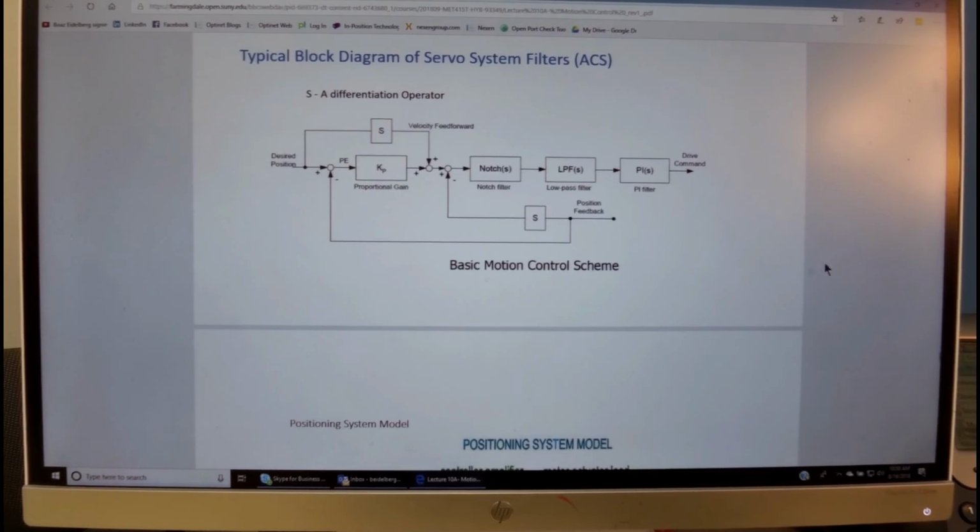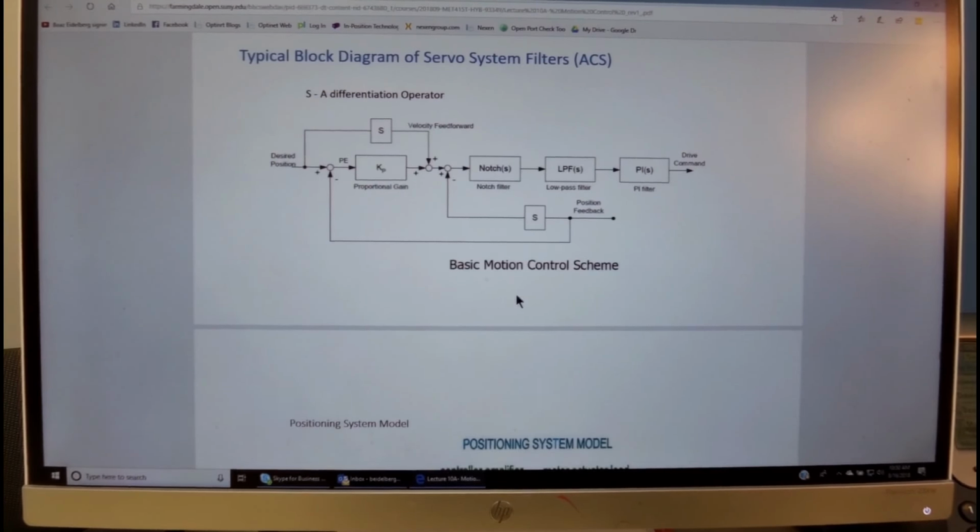Here's an example of the ACS company block diagram of their basic motion controller, and you see sometimes it's called PIV. We see that the desired position is being added to the negative of the position feedback to the proportional gain.